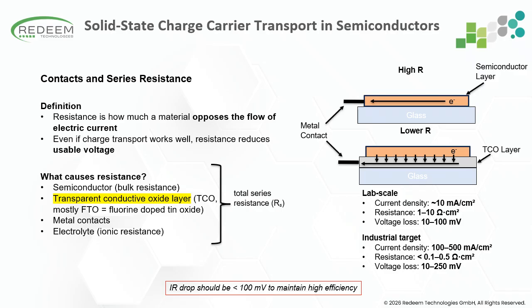And then below that, with a transparent conductive oxide underneath the semiconductor, electrons only need to travel a very short distance vertically before entering the highly conductive TCO layer, and from there they are transported laterally with much lower resistance to the metal contact. So in other words, the TCO acts like a current collector. It is transparent enough to let the light reach the semiconductor, while simultaneously providing a low resistance pathway for charge